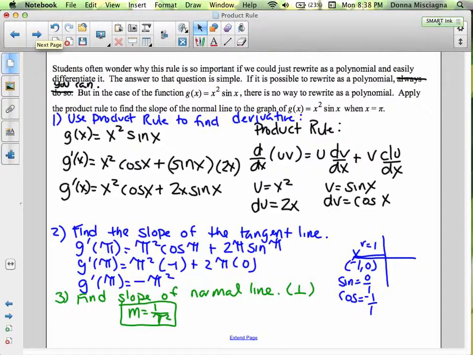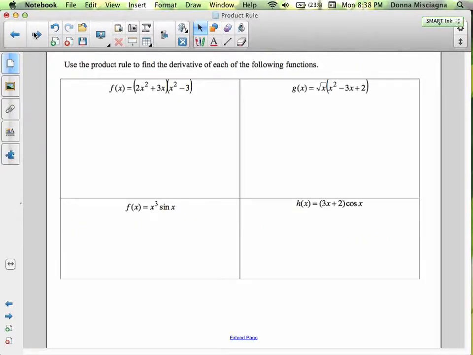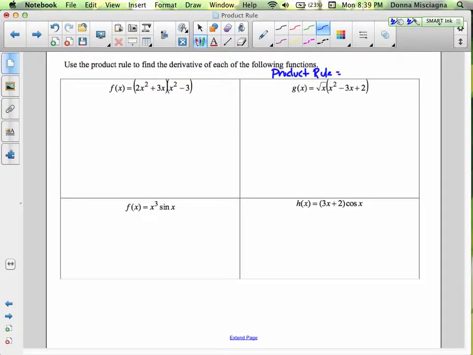All right, let's try another problem using our awesome power rule, or product rule. We're going to use the product rule to find the derivative of each of the following functions. So you have these in your notes with lots and lots of space. I'll just write it really small somewhere just to remind us that the product rule is the first times the derivative of the second plus the second times the derivative